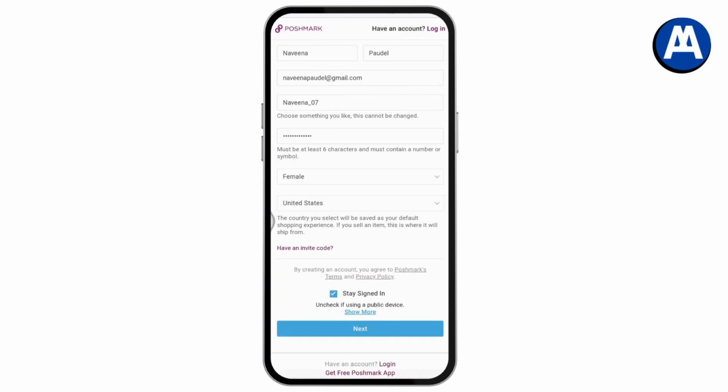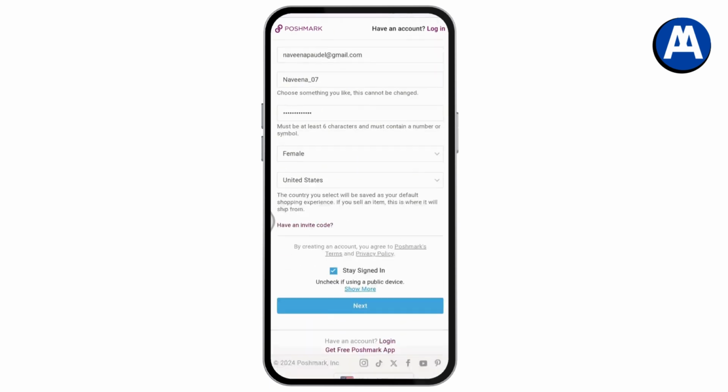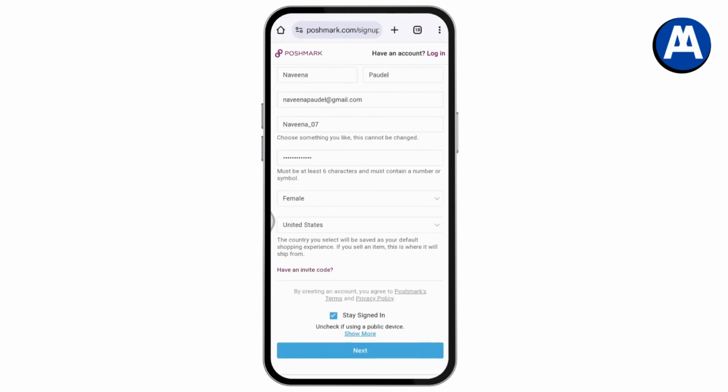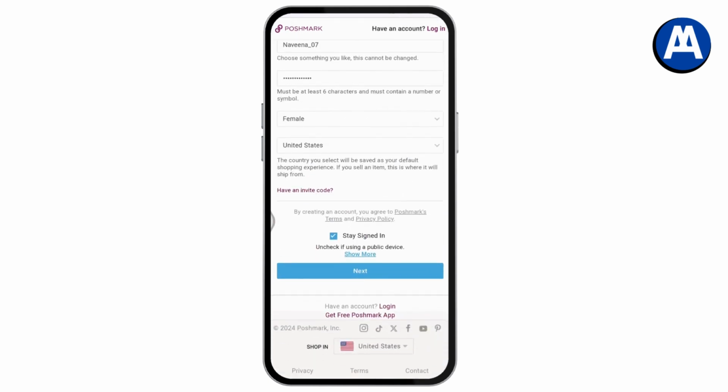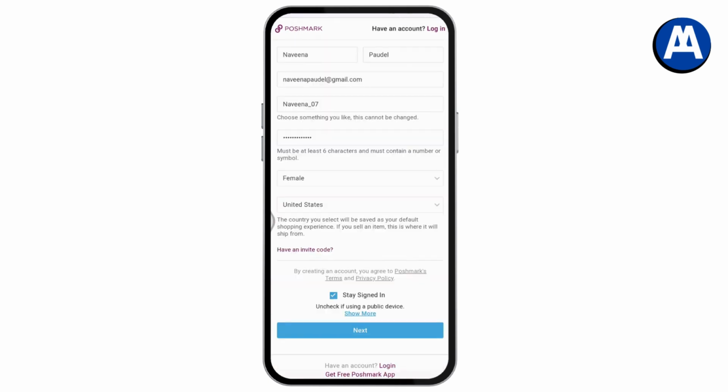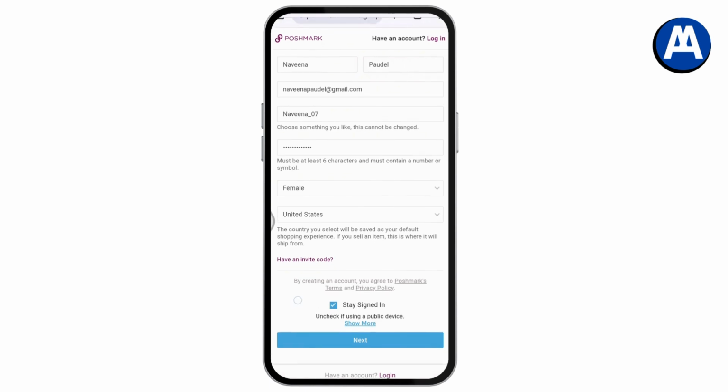And once you've selected, if you have an invite code, then you can simply go with have an invite code and then you can enter the invite code. But if you don't have that, you can simply go with next. Once you enter all of the information, you can go with next, which is on the bottom. And after that, your account will be created. So that's how you can create your